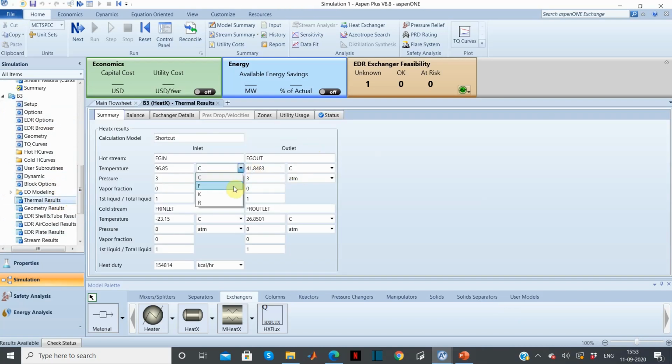You can see that the outlet temperature is 315 Kelvin. The pressure is same, 3 atmosphere. Freon 12 has outlet temperature 300 Kelvin.